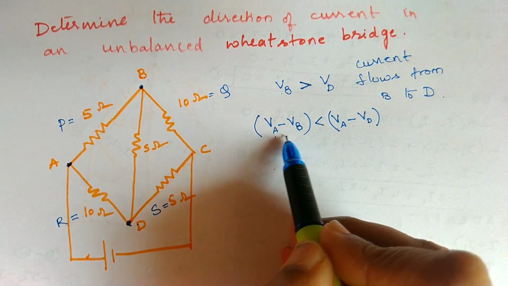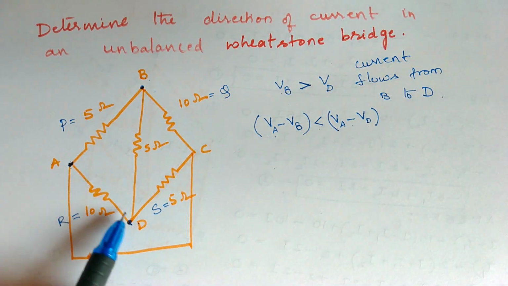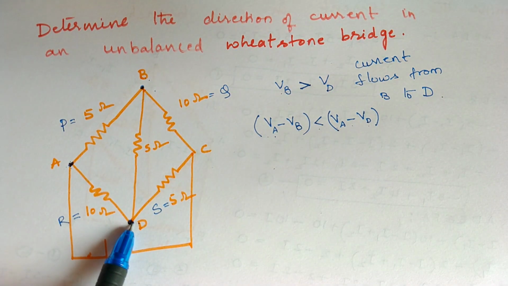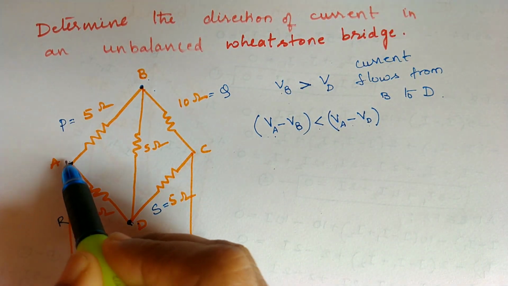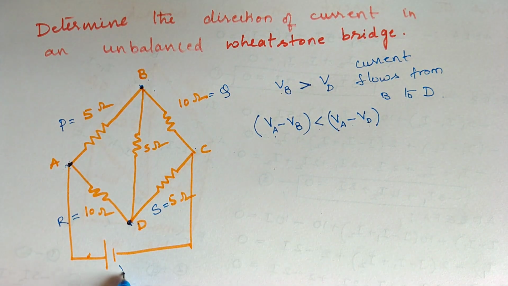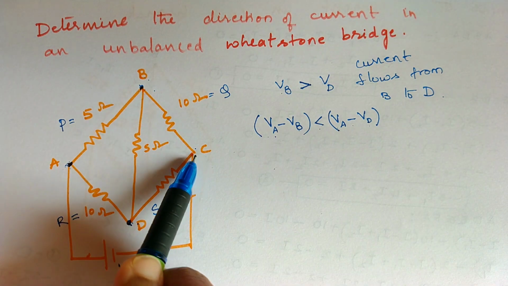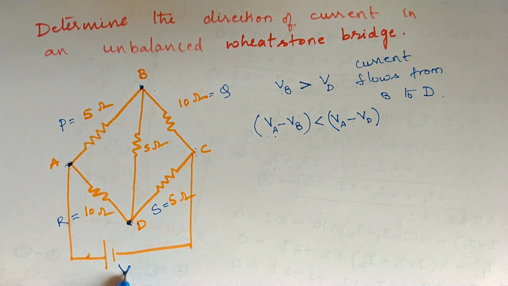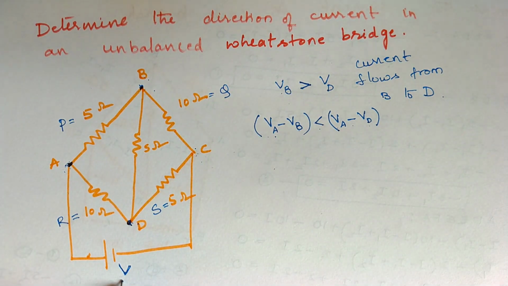Now I will find out what is the potential difference between the points A and B as well as between the points A and D. See, if you observe this loop, that is the branch A to B, B to C. These 2 points, are they at a potential equal to the applied battery's potential V? Again I am repeating, VA minus VB plus VB minus VC should be equal to the potential here, because across these 2 ends we have applied a potential.